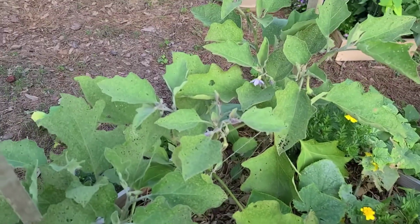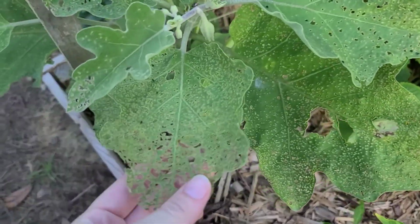Hey guys, I am out here in my garden where I prefer to be, just inspecting things, trying to look for some hornworms, see if I have any hornworms or pests that need to be taken care of. And I was pleasantly surprised to find that my eggplants, if you see all these holes, I've been dealing with